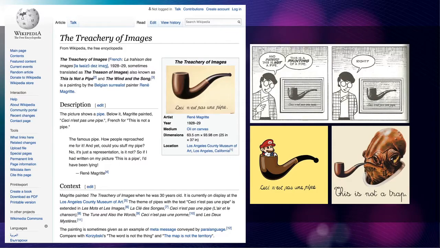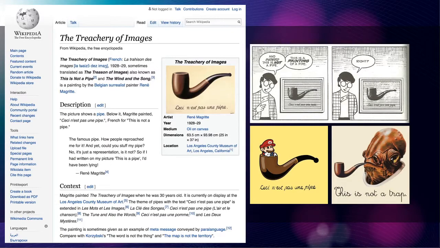Now, we use lines to draw things like a pipe. And you look at those lines and you say, oh, that looks like a pipe. It's a pipe. But that's a lie. It's not a pipe. It's a picture of a pipe or a drawing of a pipe. And that's a really famous image in art history when somebody realized that and called it out. And it's sort of a joke, but it's become like a staple in the art world. There's a drawing of a pipe and it says in French, this is not a pipe, because it is not a pipe. It's a painting of a pipe.